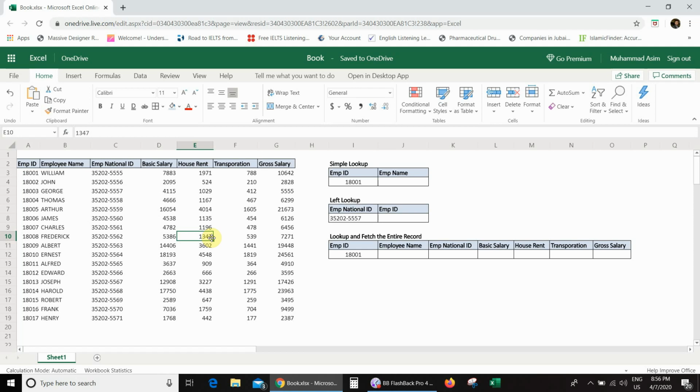On your screen, you can see this database, and in this database, I have employee ID, employee name, employee national ID, basic salary, house rent allowance, transportation allowance, and gross salary. Firstly, we will discuss how to use the XLOOKUP function for a simple lookup. For a simple lookup, I have the employee ID and I want to find the employee name. So here I will use the XLOOKUP function, which is equal XLOOKUP